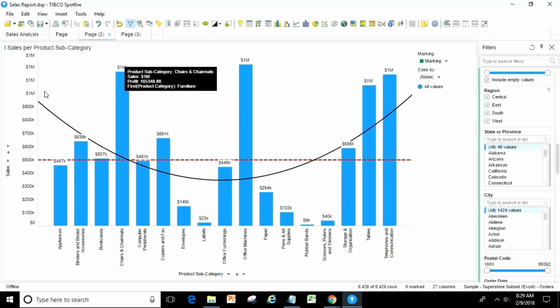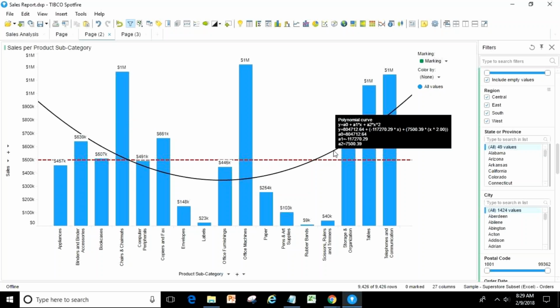So when you use these polynomial curves, your user should also understand this, then only they can help themselves to get the answers, isn't it? Same thing, whenever your users ask, then only you have to keep these things. So what is the meaning of a polynomial curve, why it is used, what information it is showing us, what calculation is happening.